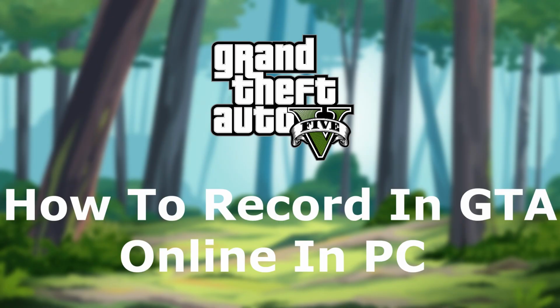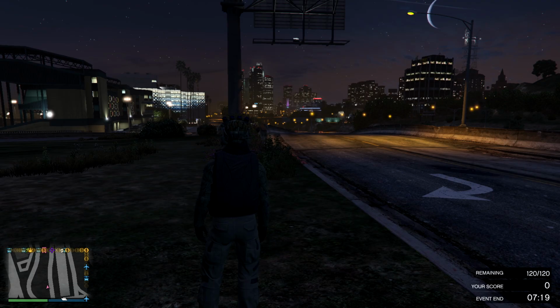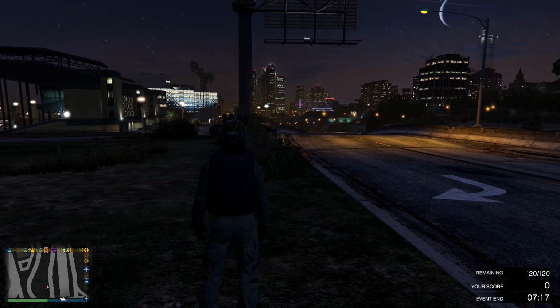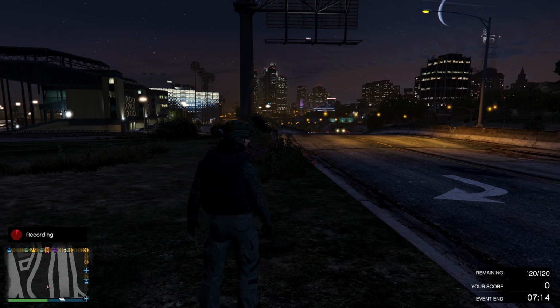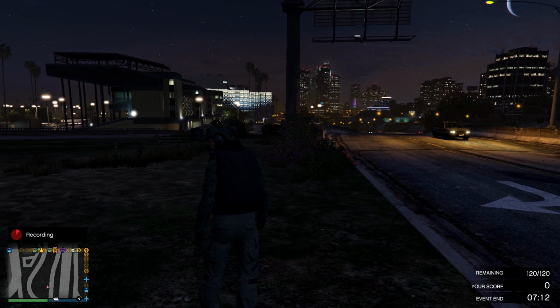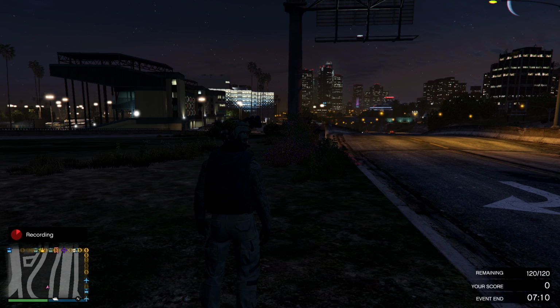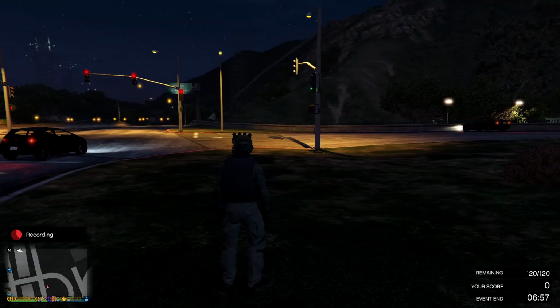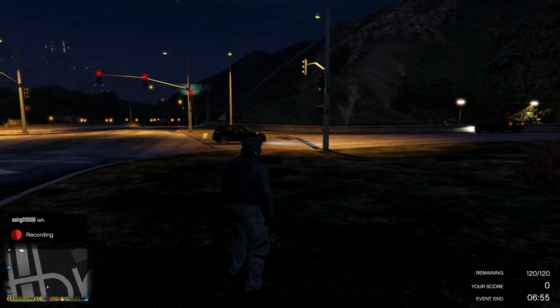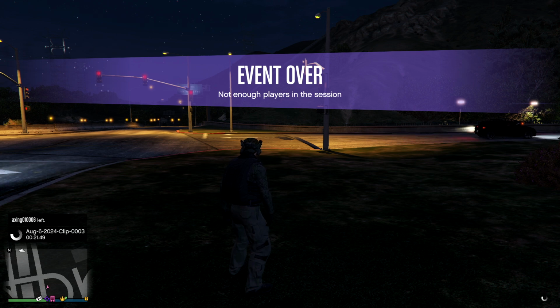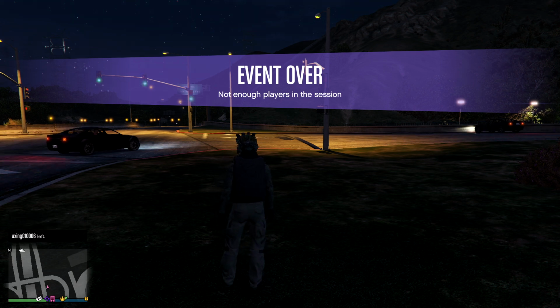How to record in GTA 5 Online in PC. Today I'll be showing you how to record in GTA 5 Online in PC. When you're in PC, on your keyboard, click on F1. Once you've clicked on F1, you will see on the bottom left corner a recording. And once you have clicked F1 again, the recording will stop and it will be automatically saved in your file